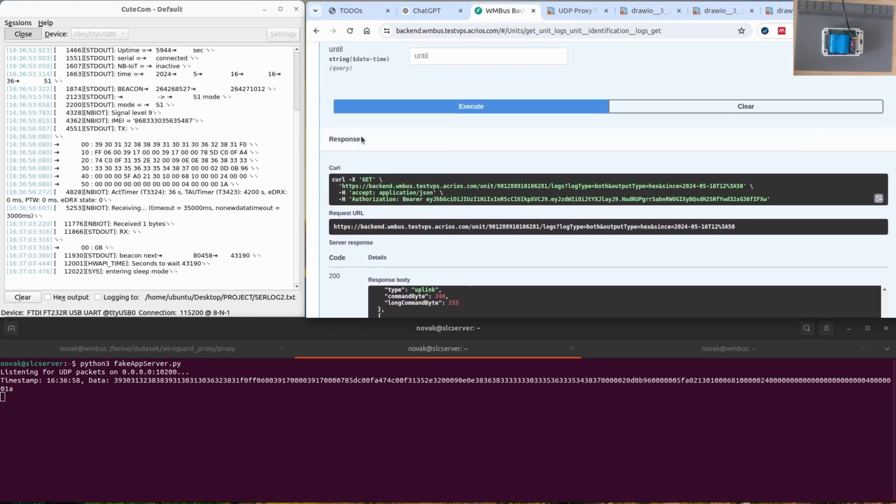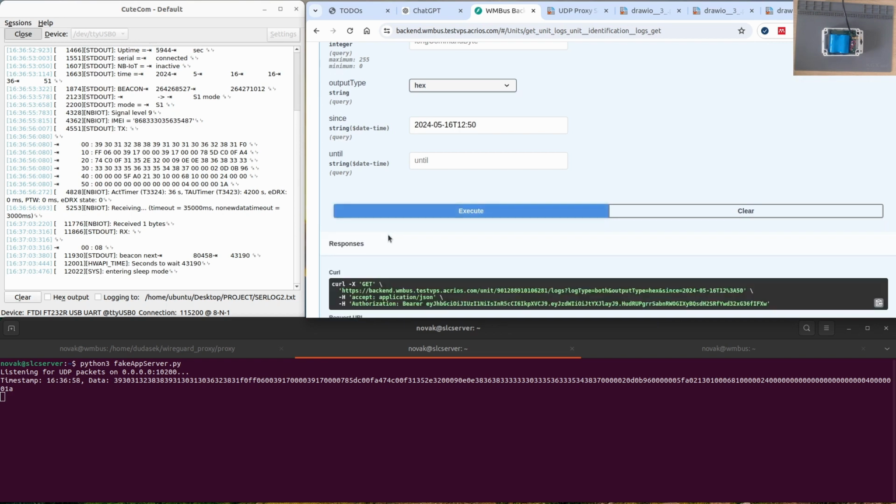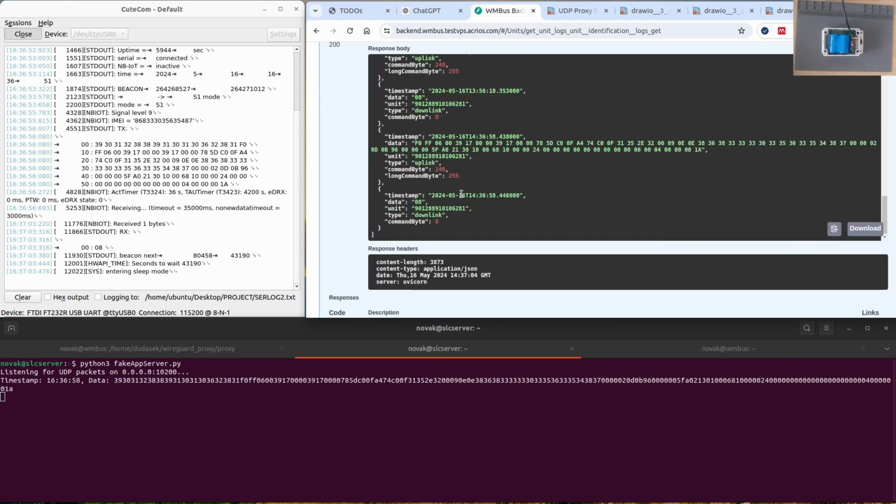Okay, so I will refresh, for example, here, and we can see that now I can see 16:37. So here it was received 14:36:58, and an answer with acknowledge was sent from our server, from the updater. And here is the application server, which also received the beacon. On the proxy,